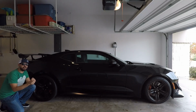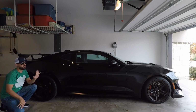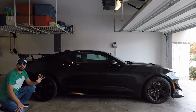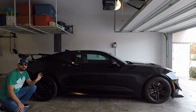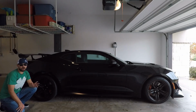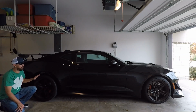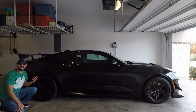So a couple of things I did to this car to make it feel better regard the PSI within the tires. This car, not only does it come with a suspension that is again dynamic specific for race, it comes with slicks. Now these slicks are literally slicks the way you would imagine like a car on the track. And so one of the first things I did to the car was change the tires out to some Michelin 4S Super Sports, and it dynamically changed the car the way it felt, the way it rode